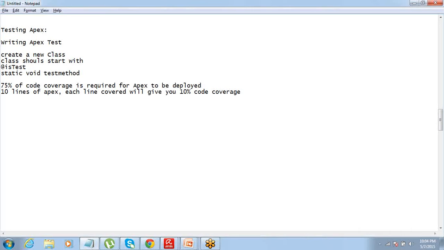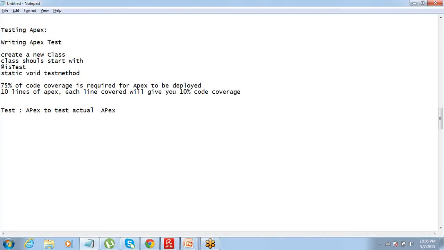All right. So that's not error. That is that you have the liberty of testing 75% of code and leaving 25%. But we always recommend try and get the entire code tested. Okay. So basically, what is this test thing? Test is Apex to test actual Apex. So this is basically more Apex. Okay, Apex to check my actual Apex. All right, and this Apex will go and check the actual Apex whether that is working fine or not.